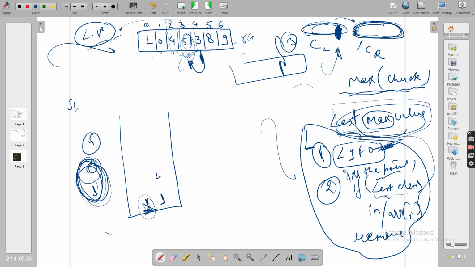Then 4 will come. 4 can live independently. 5 can live independently. But the culprit, the villain, 3 came. 3 will see the last value, this chunk's maximum value, which is 5. Is 5 less than or equal to 3? Obviously not. If you try to concatenate them, they will not be sorted. So 3 will say, 5, come with me, you cannot live independently. So 3 5 will form a chunk.